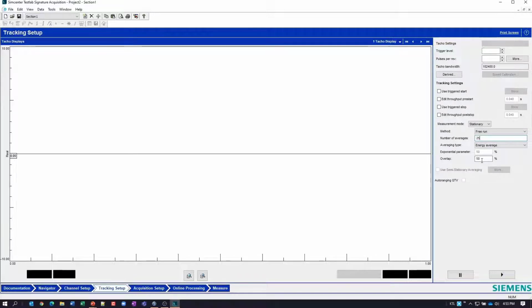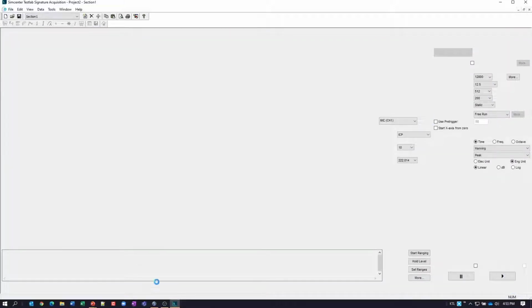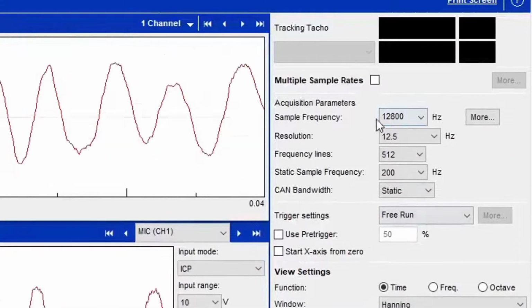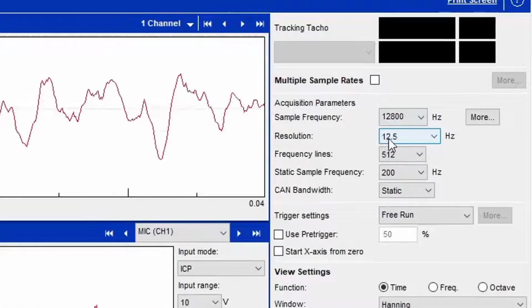Okay, and you ask me, okay, Scott, how long are these averages? Well, we don't know yet because we haven't set up our acquisition parameters, and those we do on the next page. Okay, so I'm still going to say 25 averages, but how long is each average going to be? Well, that depends on this right here, my frequency resolution.